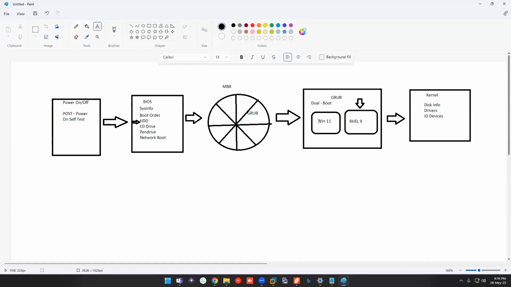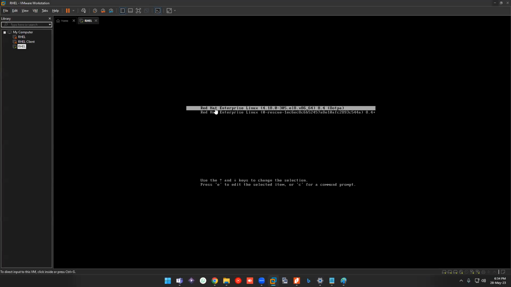Instead of Windows 11 and RHEL 9, inside this RHEL 9 itself, we have two variants of it. One is for the rescue disk or rescue thing, and the other one is your actual operating system. Okay, so click inside. Always, if you see this hand cursor, you just need to click inside.